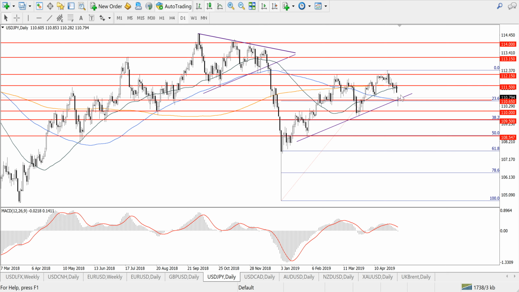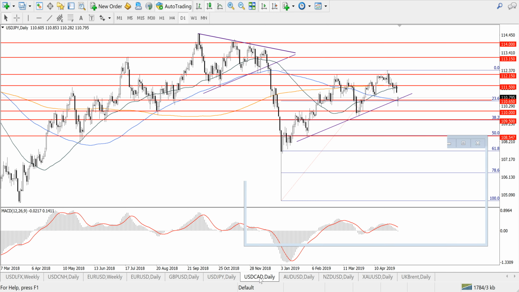If US stocks feel fine and the market relaxes and gets faith about the success of trade talks between the United States and China, then the price will need to return above 111.50 for us to become bullish and target levels around 112.15. This resistance will be rather hard, and only strong inflation figures from the United States will allow the currency pair to overcome this level and get to